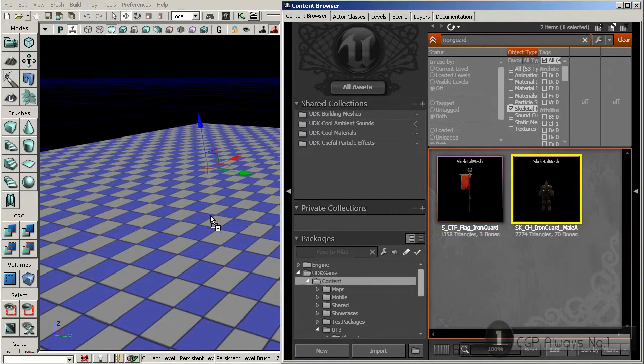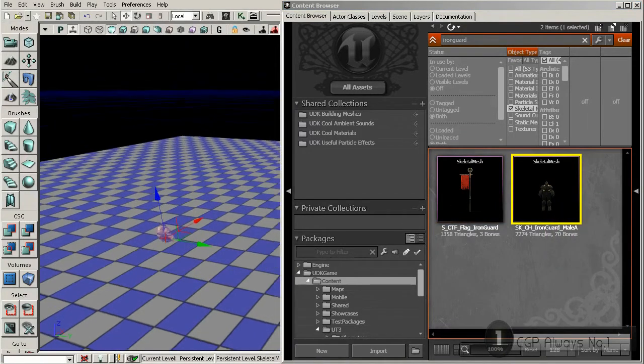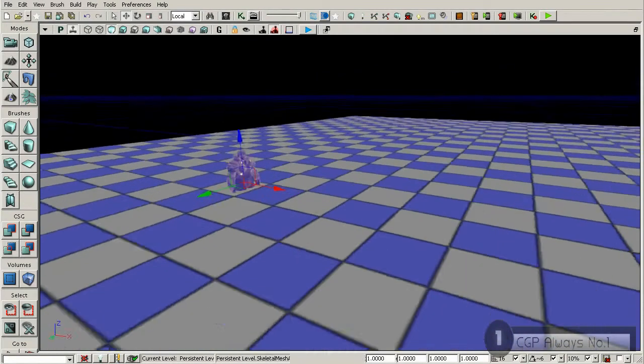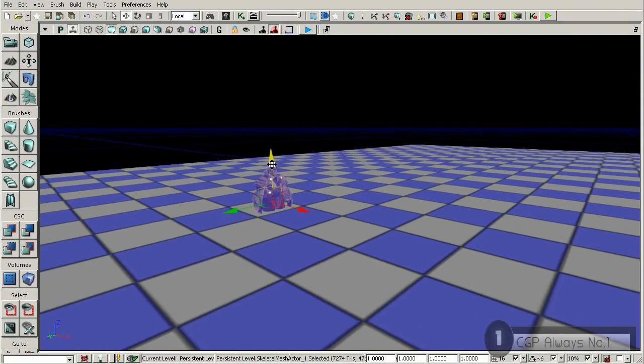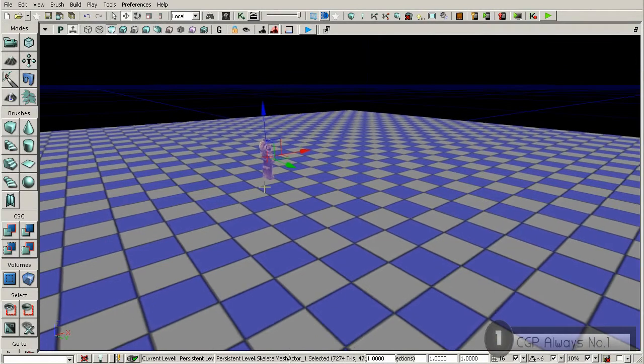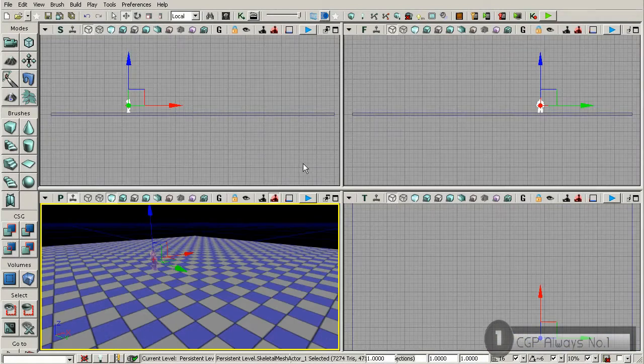If you left click and drag that into the scene, onto your surface, you'll see that he drops in. Now one thing that I want you to notice is he's kind of halfway through. So we'll just drag him up in our Z direction using our move tool, and we can place him on the ground plane. Now hitting Alt X, let's go back to our orthographic views,